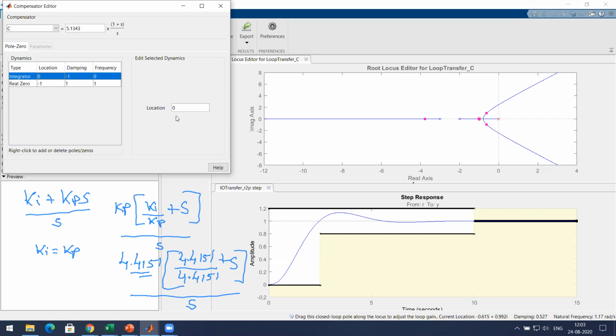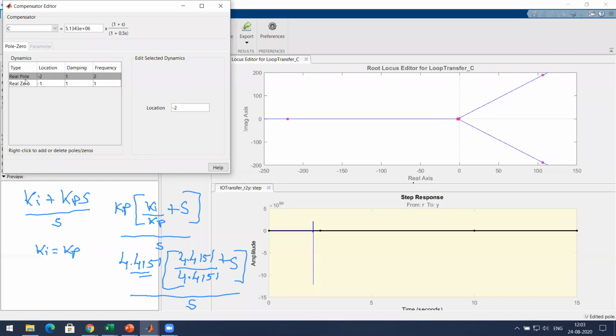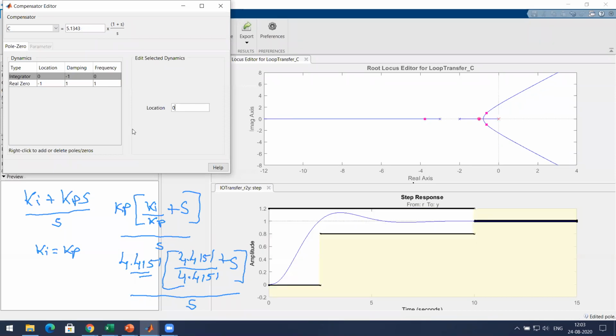If I change the location of this, say to -2, then it becomes a real pole. Since it is at s equal to 0, it is called an integrator. 1 by s is nothing but a pole at s equal to 0.